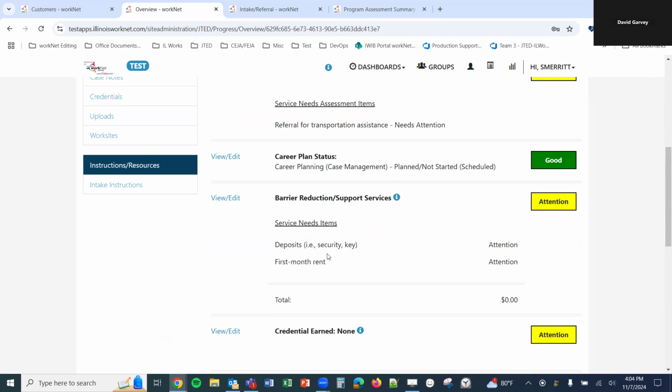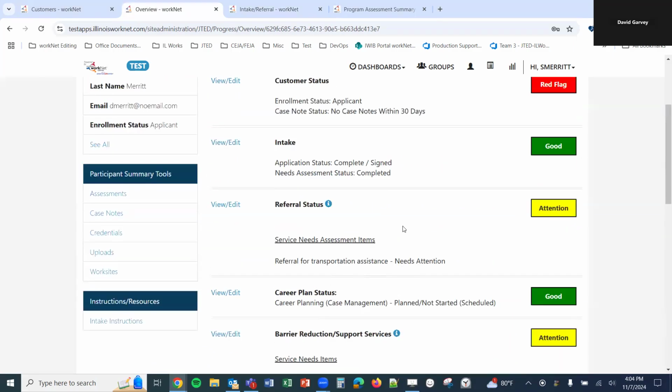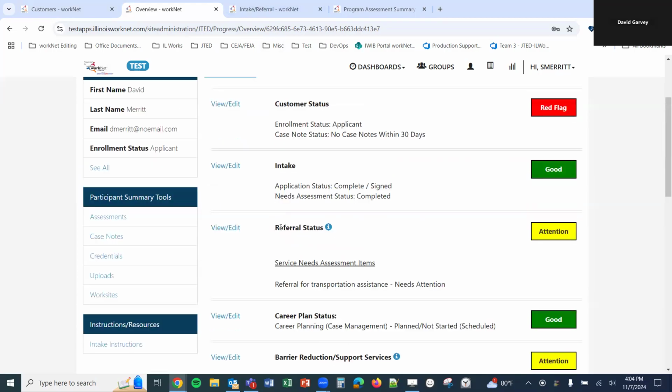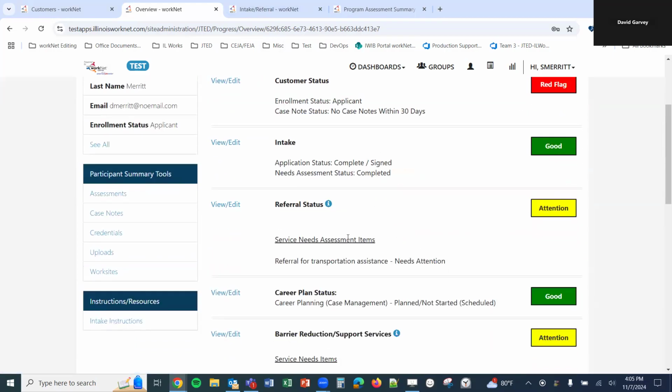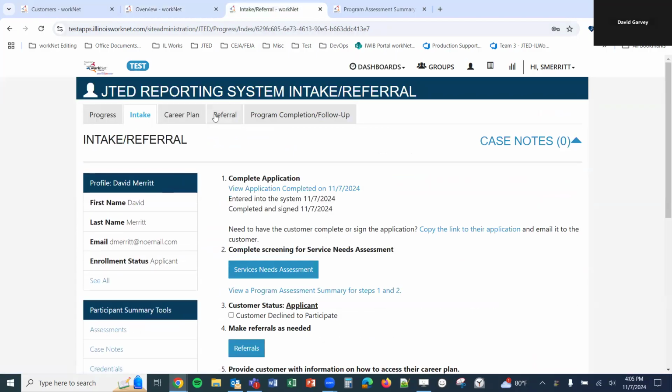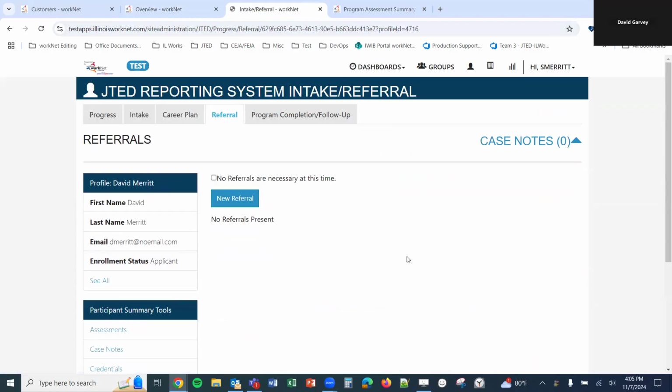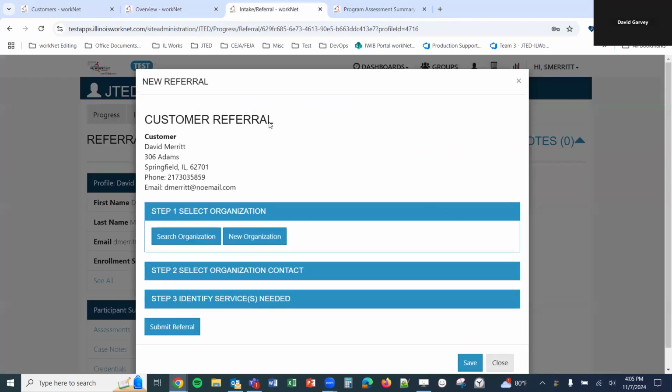And we'll get into addressing these items in another video. But in this one, we're going to take a look at the referral. So we can see our tabs at the top here for referral. Let me open up this one here and we'll click referral. And so if we don't need any referrals, you can check the box here, not at this time, but in this case we do. So we'll click new referral